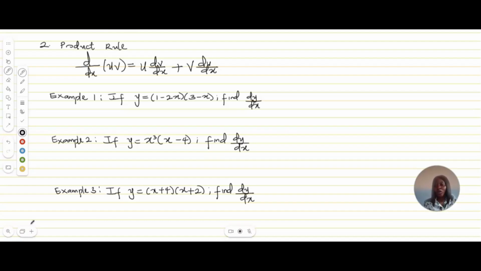So, on the continuation of our series on calculus, we started with differentiation and we did the power rule. Now we are moving on to the product rule. And what does the product rule say? The product rule says that differentiation of a product, that is the multiplication of a particular entity by another entity, simply